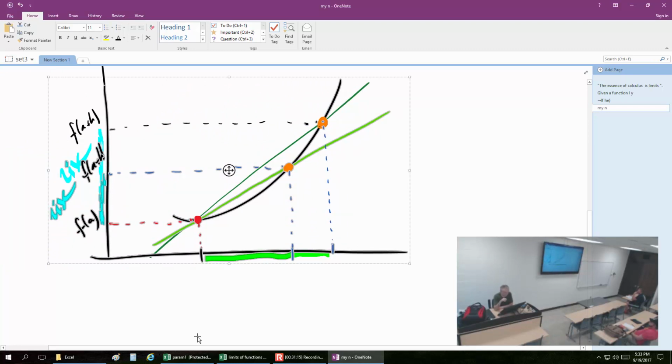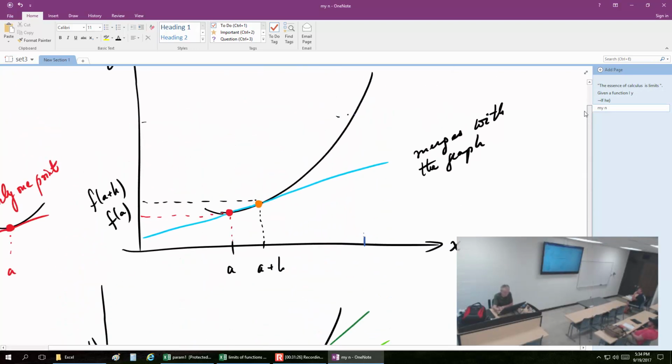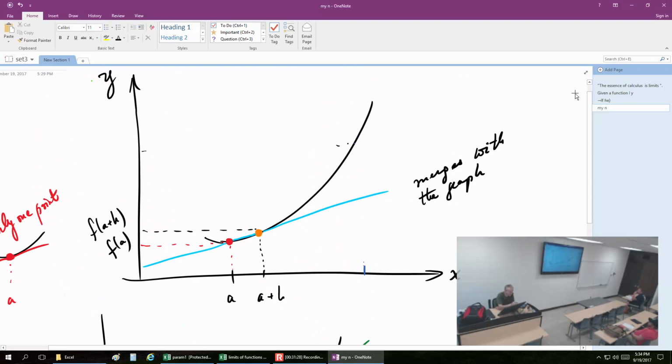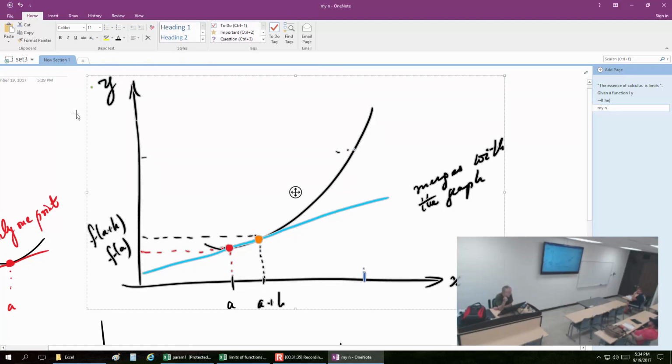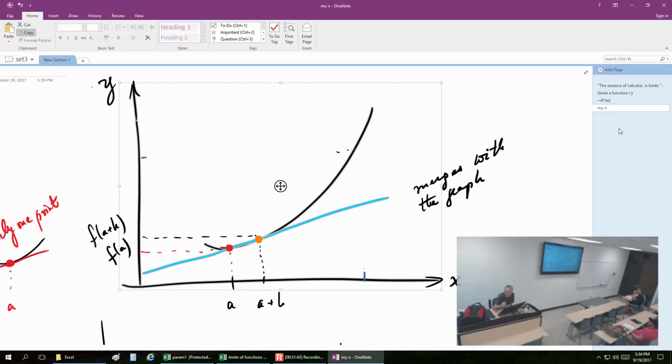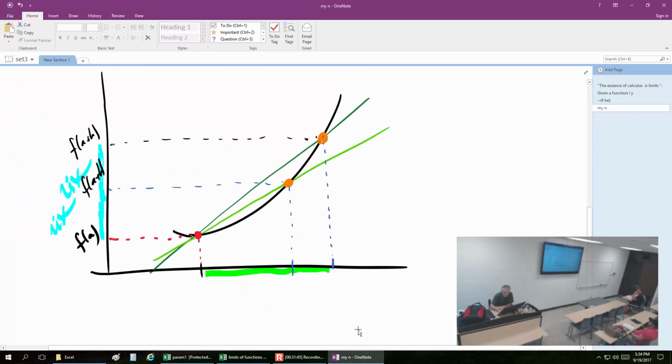These are number 1, number 2, right? So the dark green is the first one. The light green is the second one. Now let's add the third one. This one. So you can see a process. Ideally, you can have some kind of animation. You can find animations online, as a matter of fact. So if you make h smaller, you can see how the secant line is changing, and the point is then to